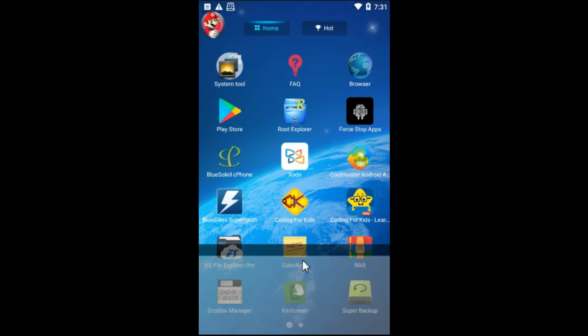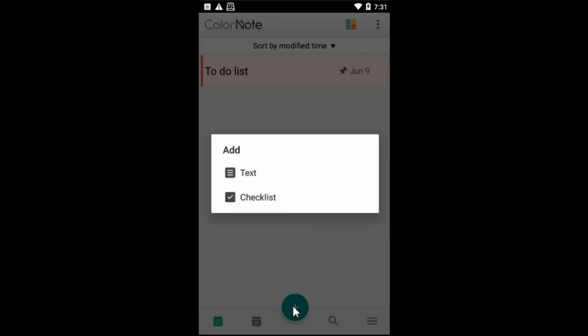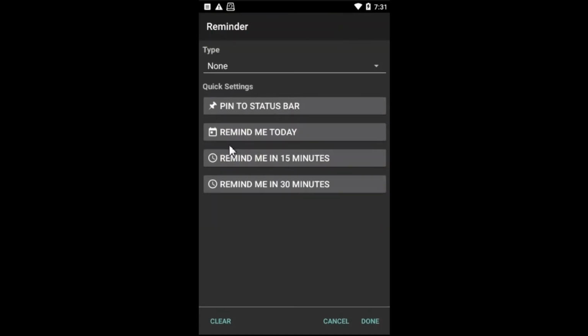This is Color Note. It's a very handy tool to write whatever you think of as a note or a checklist for later on. You can have a reminder for each one you create, and you can make a backup of all your notes and copy them to another device. Suppose we want to make a new note, click here, and then it's note. You just click on text and then write your note, and then you have options to set a reminder for a time,